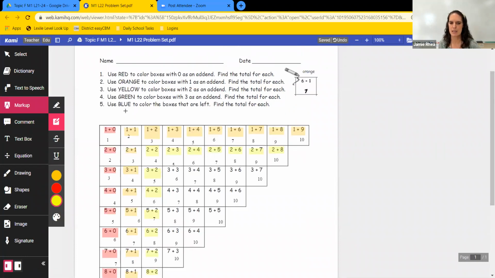Use green to color the boxes that have the 3 as an add-in. Okay, remember, if we've already highlighted it, we don't highlight it again. So I'm going to go to my first empty box. Oh, look at that, double 3s. I can highlight that. Oh, I can go over here. There's a 3, 4. Oh, here's a 4 and a 3. Wait a second. If that's 3 and 4, and this is 4 and 3,